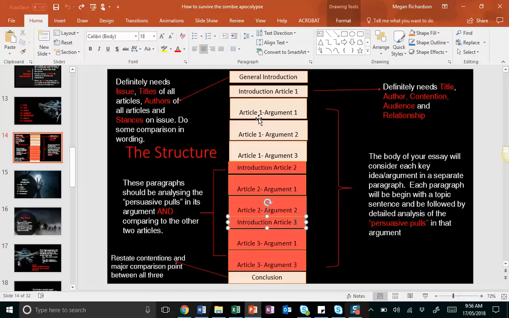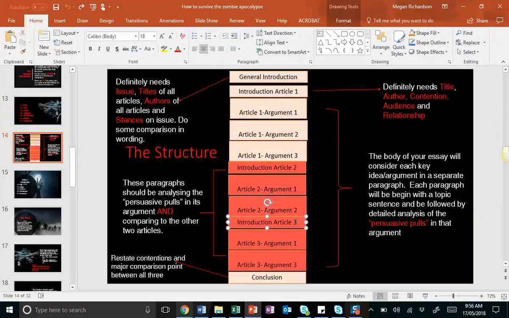Any questions about the structure? Do you feel a little bit more secure about it? I think the best thing to do for the next period is actually getting you to practice it and getting it solidified in your brain of how to use it. What I might do